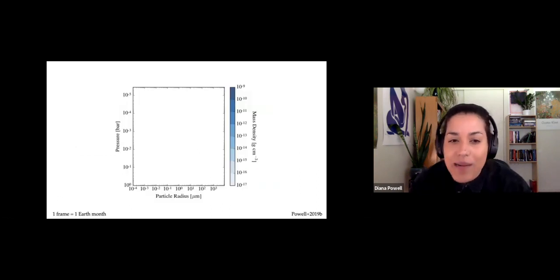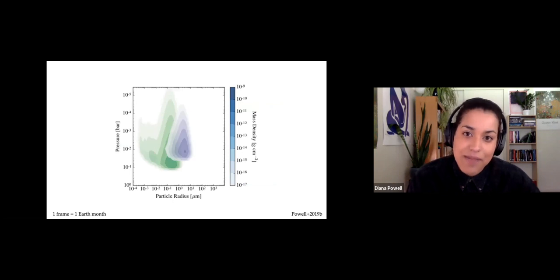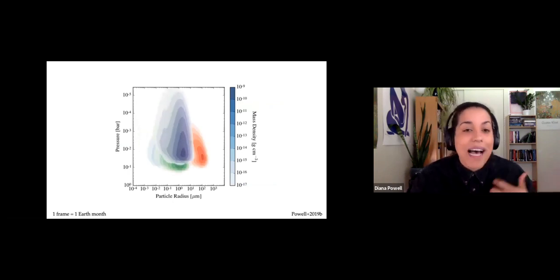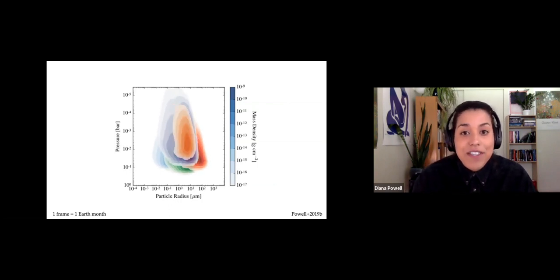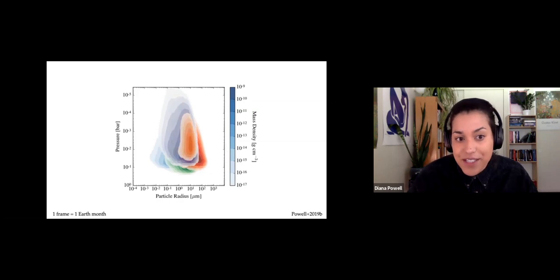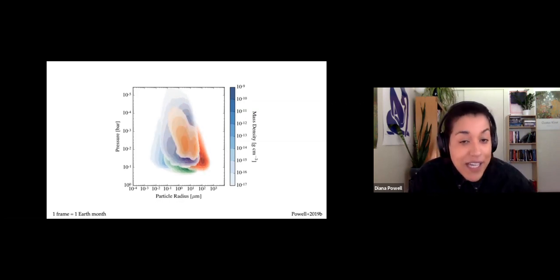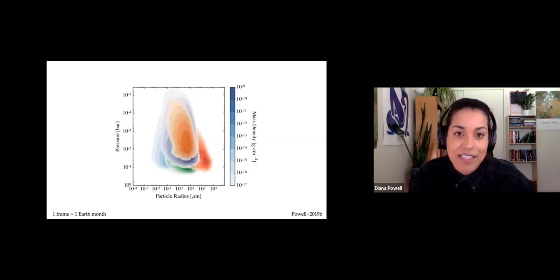And so here's a quick primer of some of the results that I calculate with CARMA. So I'm plotting the mass density of condensed cloud particles as a function of particle size and atmospheric pressure. And here, each of the different colors indicates a different cloud species. So as you can see, each cloud species forms at different times and has different particle sizes and different vertical